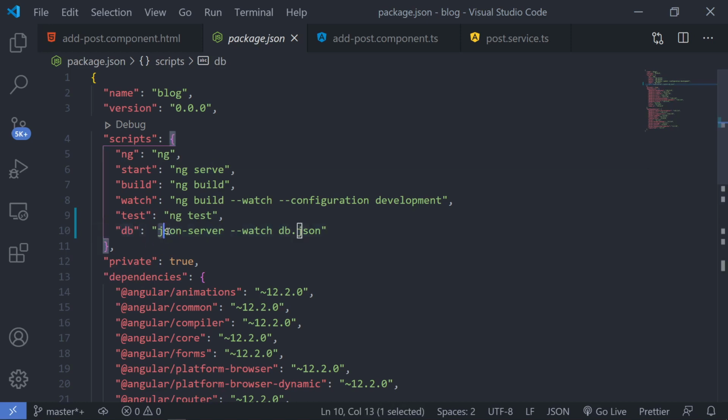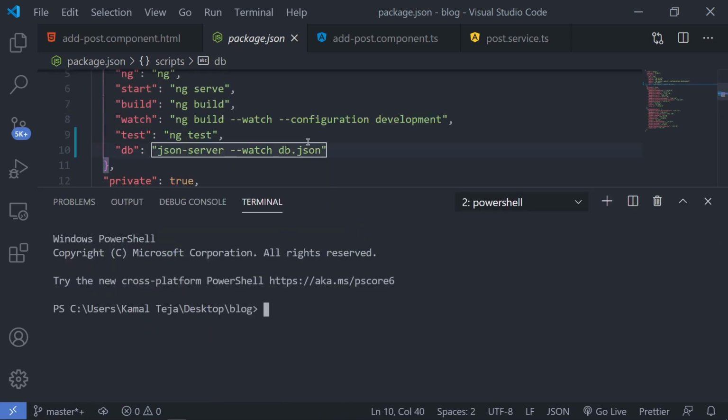In that I have given the command. This is the exact command that we had present online. I created a new script called db and I've given the value as this. In order to execute this, I can open my terminal and run npm run followed by the name of the script. In this case, I can type in db because that is the name I have provided here. I'll type it out, and click enter,